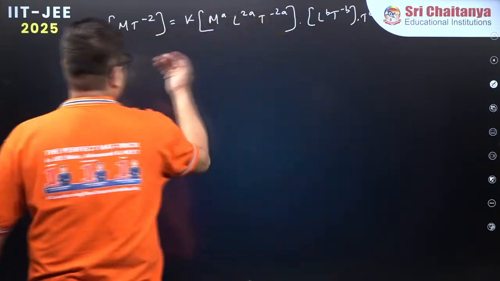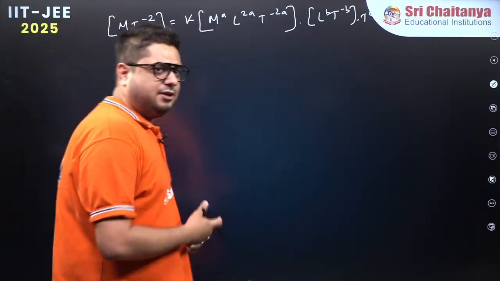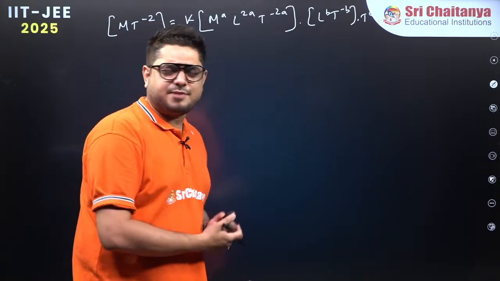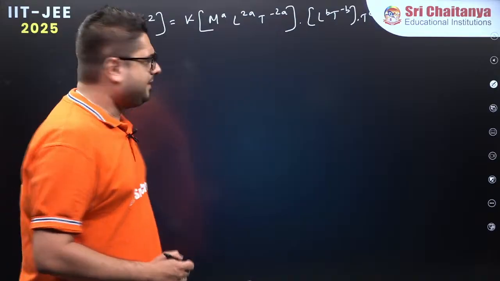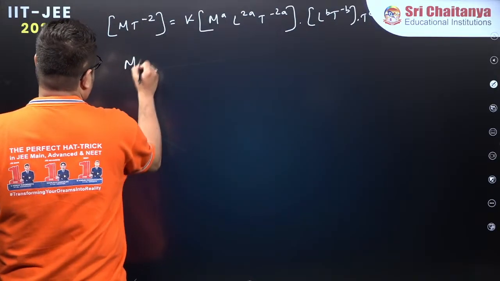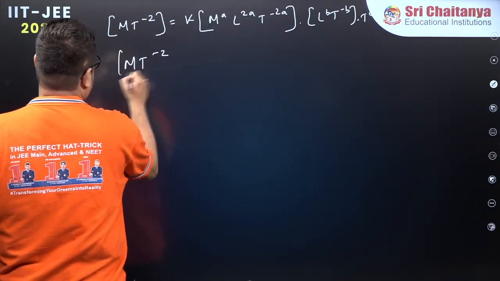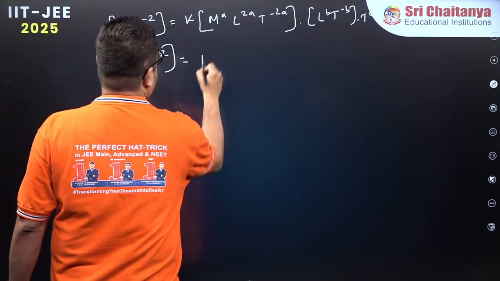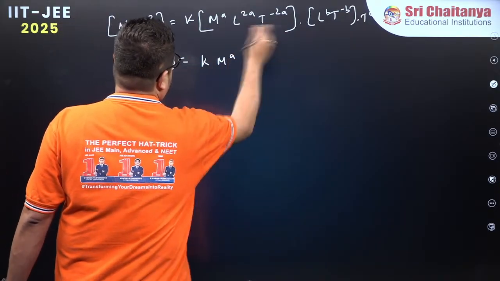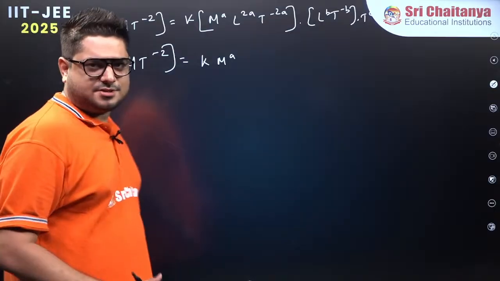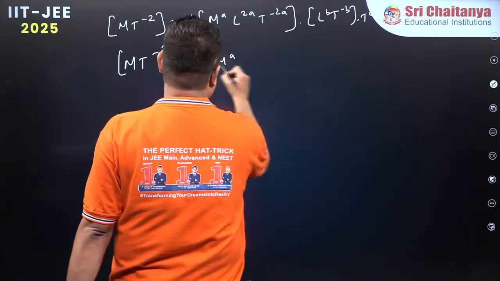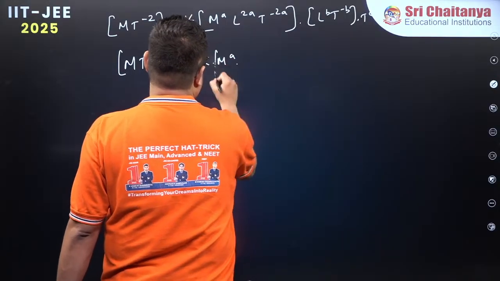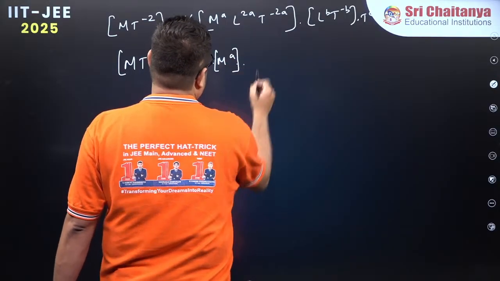So now, rearranging the powers and trying to obtain certain expressions of M, L and T, what are we supposed to get over here? Let's try to find it out. That is going to be MT^-2, equivalent to K M to the power A. No other terms associated with mass, no other dimensions associated with mass. This is going to be equivalent to, you can write it down like this, into